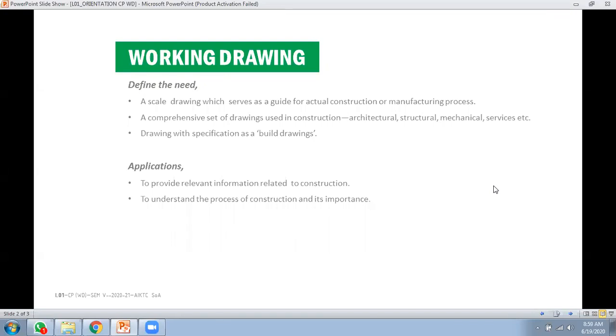Okay, for example, I would like to give you an example. In the process of making a furniture piece, maybe a chair or something, you have to understand what different resources you are going to require to build a chair. So in order to do that, you have to sit and write down the process of building a chair. So what are the different resources that are going to be a part of constructing a chair?